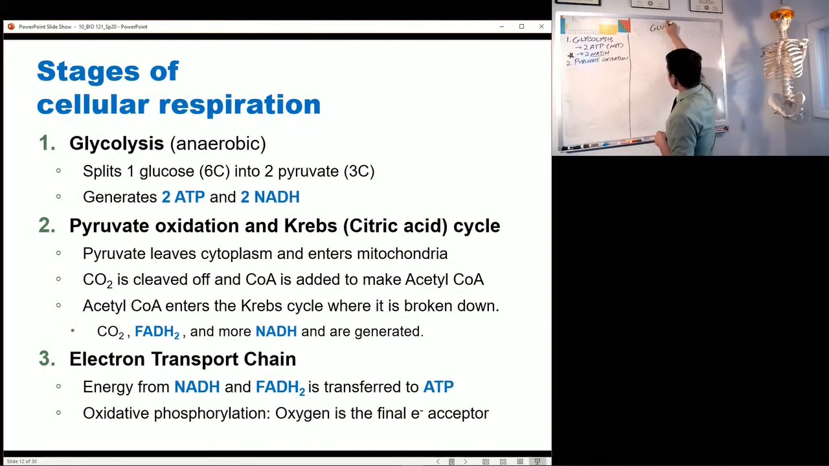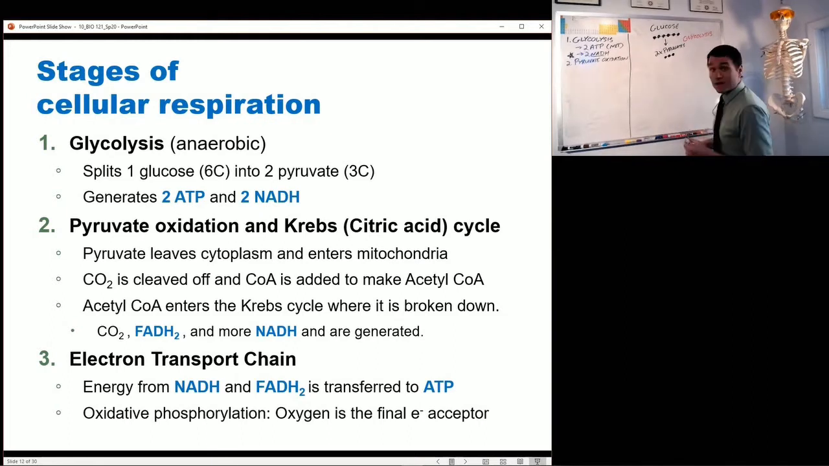First, we started with glucose. Glucose is a 6-carbon molecule. Through glycolysis, we broke it into 2 pyruvates. Okay, 3 carbons each. The process there was glycolysis. Next, pyruvate enters the mitochondria. So we finally exited the cytosol and we're now in the mitochondria, and immediately it gets oxidized by enzymes inside